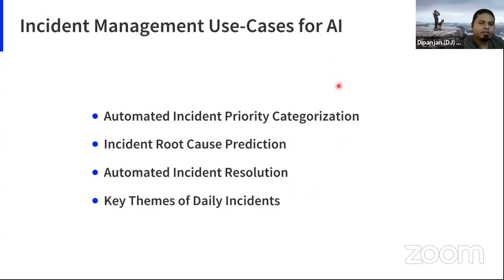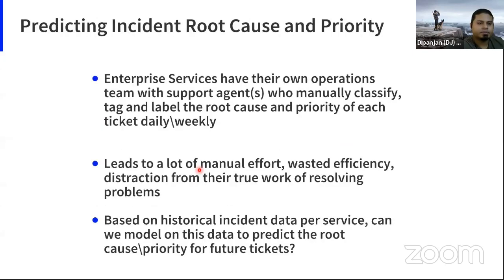So let's briefly cover this, and that will give you some perspective. So predicting the incident root cause and the priority, this is where we are basically trying to say automatically what should be the criticality of the incident and what should be the priority of the ticket. So basically the idea is